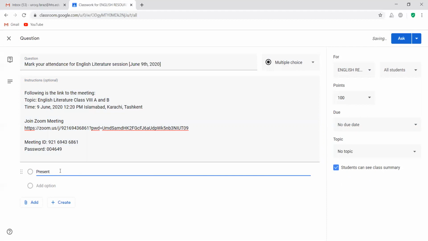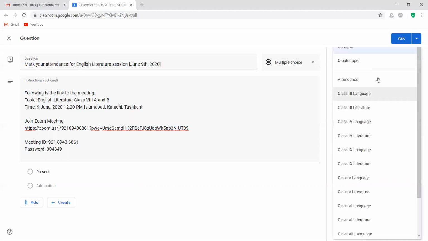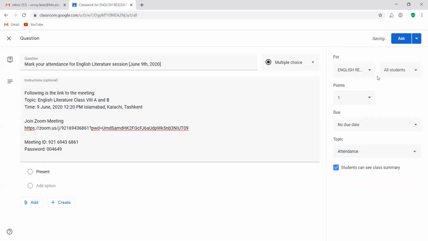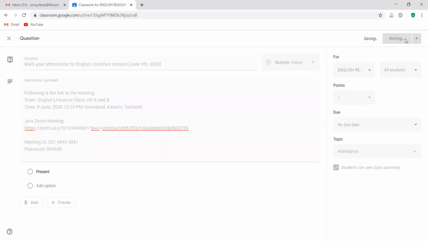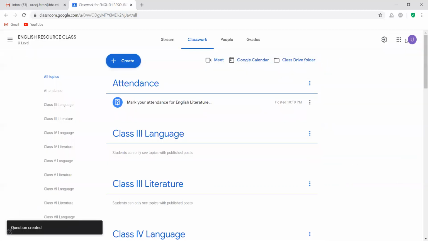Simple. That's it. There will be only one option, right? It will be created only in the resource classroom, English resource classroom. So I'm just keeping one mark that has been decided. No due date, and topic will be attendance. Okay, and then I'm just going to ask. So this is step 2 done by the